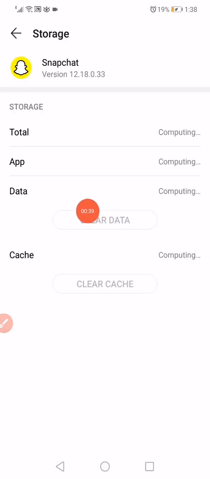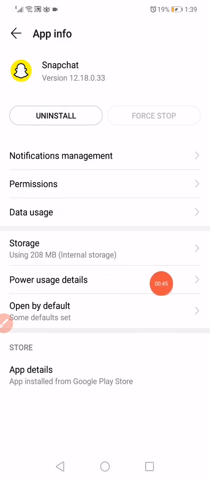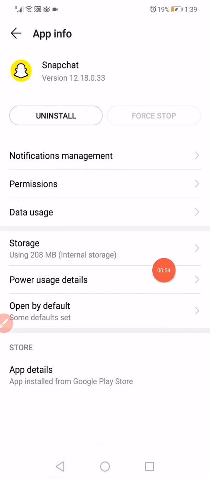Go down to the storage, click on clear data, click on delete, go back again, click on the power usage details, and now what you want to do is click down here on this force stop, and the last thing